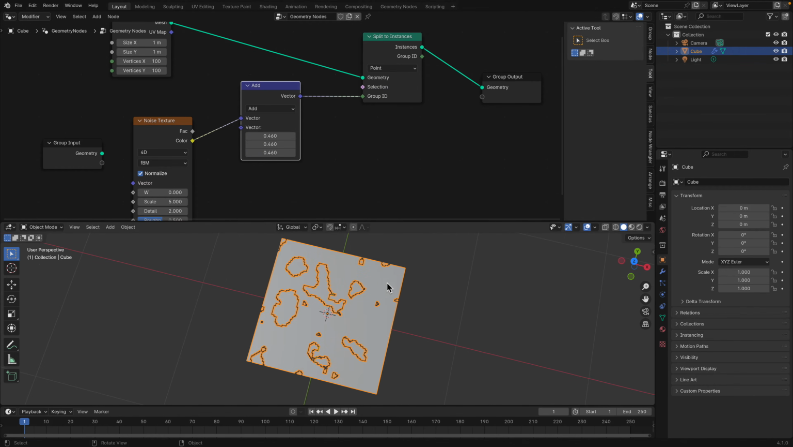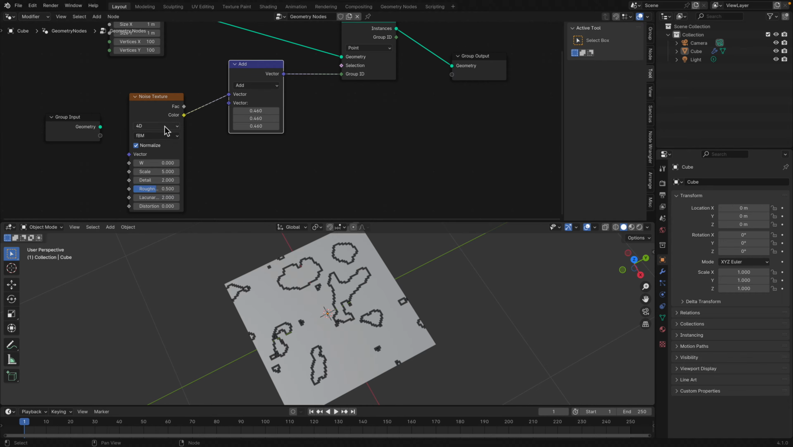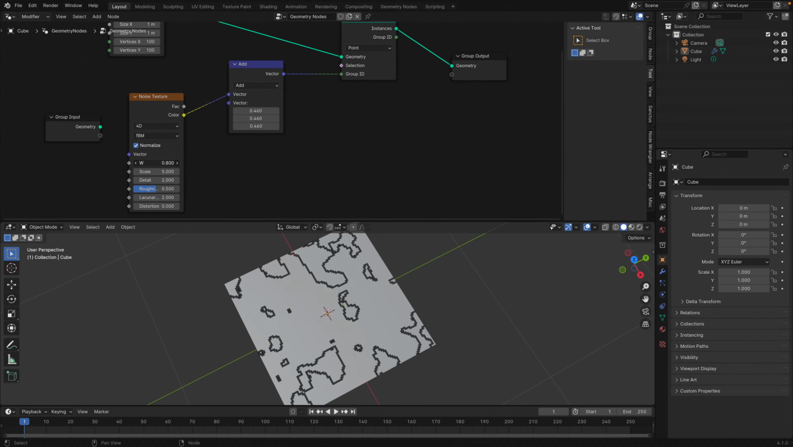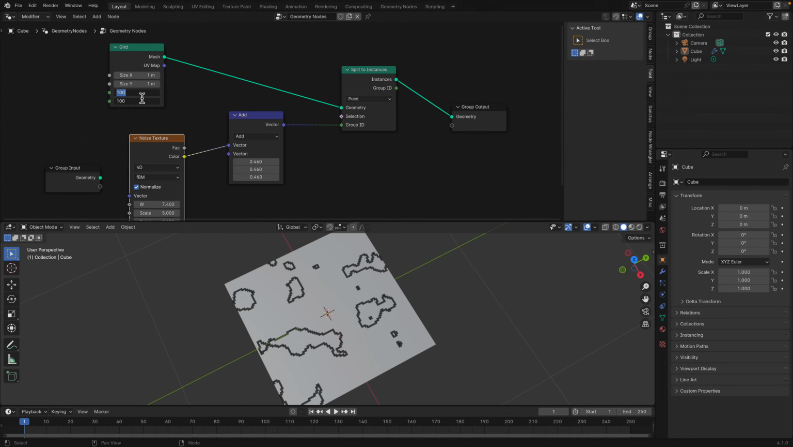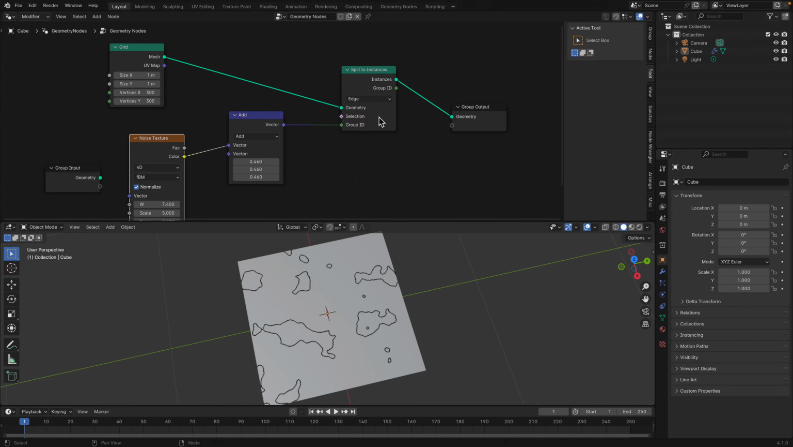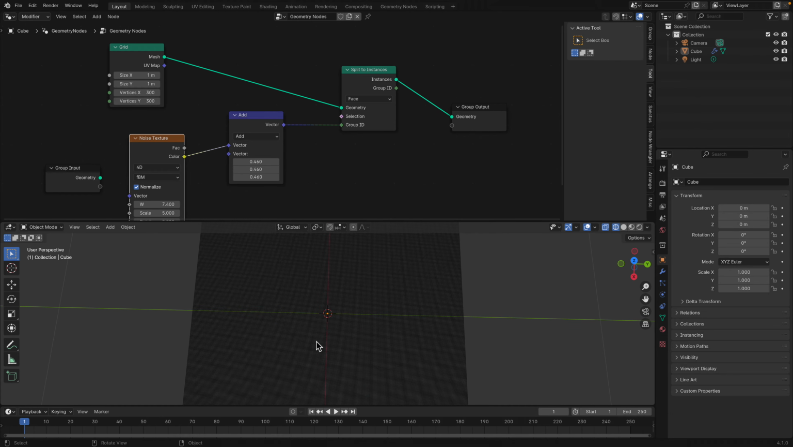So something will start to appear. The noise is doing its magic. We can randomize the noise using the W. Let's increase this value, diffusions. So point, edges, faces. We're gonna have really dense points, and